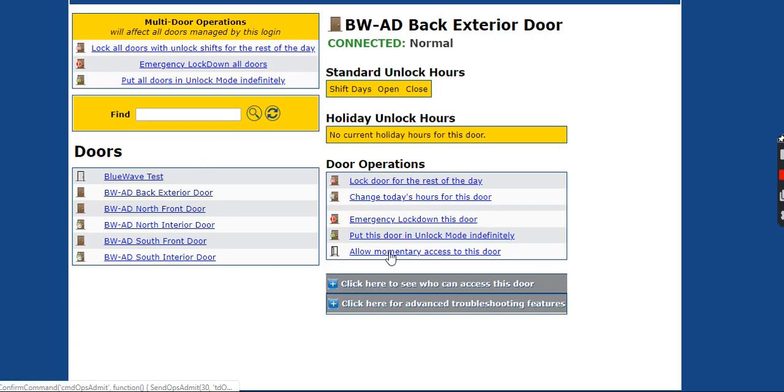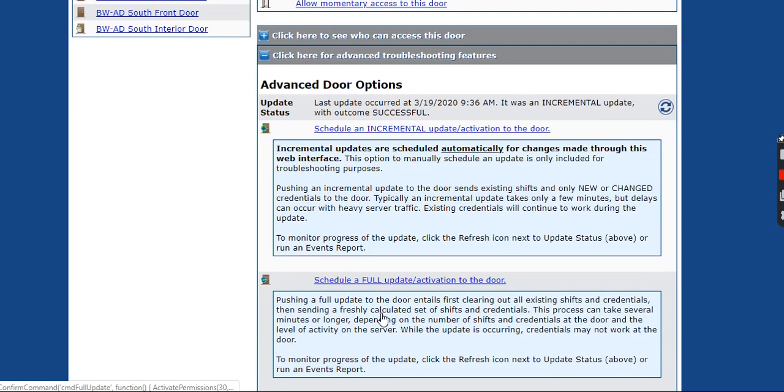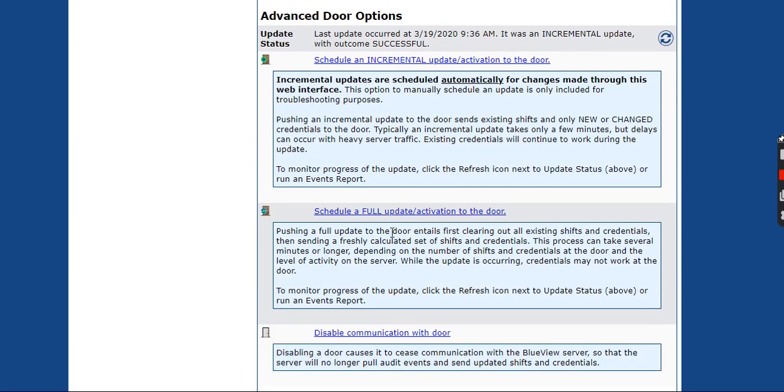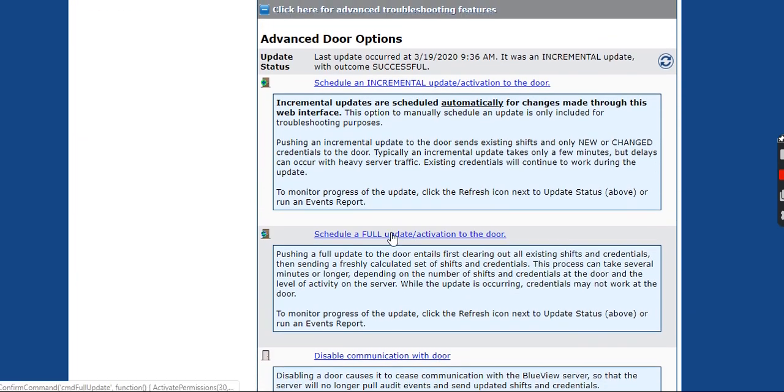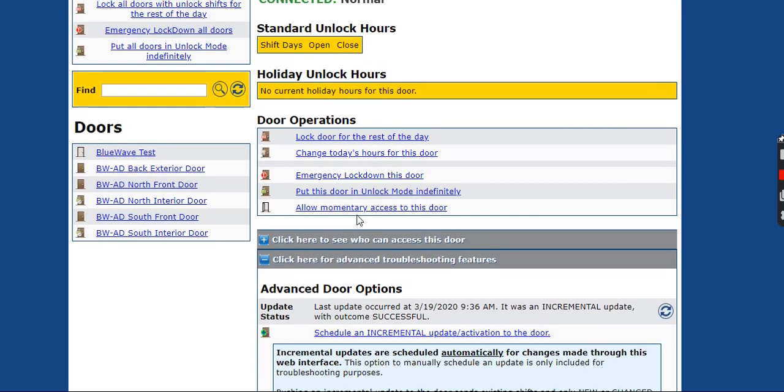So that's that list. It's pretty handy for people if you want to ever run a report on who has access to a particular door. And then there's another subsection called click here for advanced troubleshooting features. So if you have this available, then there's a couple of features, and if there's anything wrong with the door,